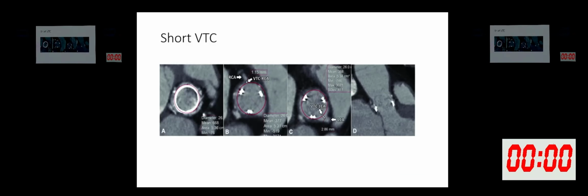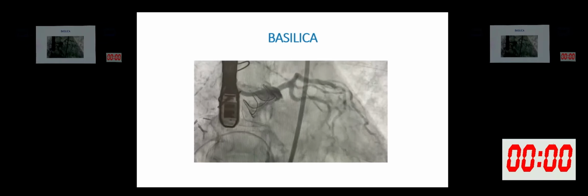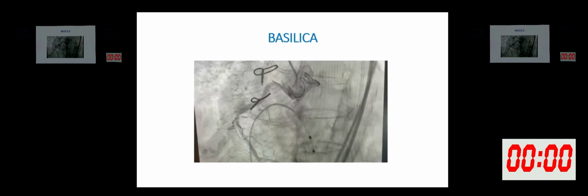So again, there is one annular rupture case. I will show you. You have to close with a coil there. That is some CMC. Again, VTC distance is very important. So this is a BASILICA animation I showed you. So we have to perforate the cusp and then snare it, and then we have to do the electrocautery.